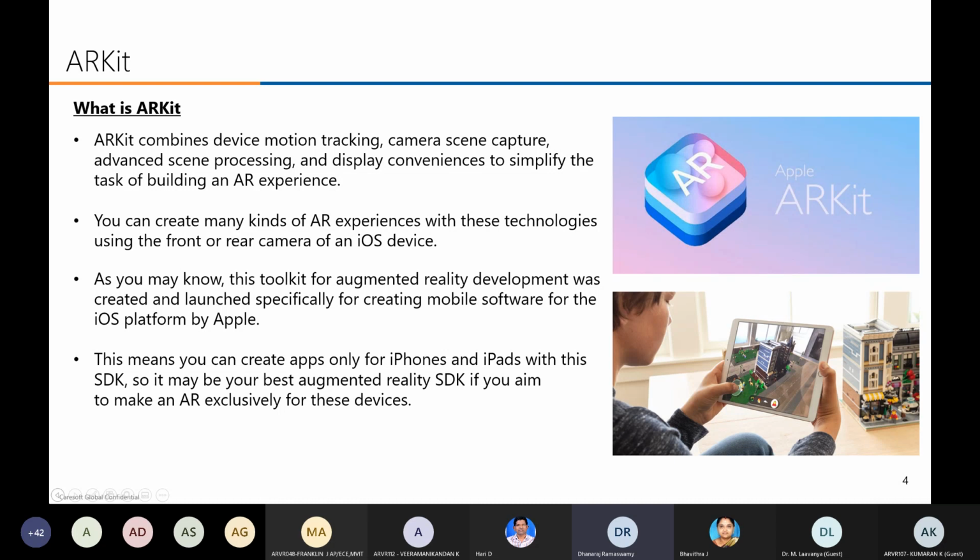If we are using any AR application for iPhone, okay. For example, suppose your application should be platform independent, as I showed yesterday, where you want to switch your platform from Android to iOS or iOS to Android. I strongly recommend AR Foundation, so you can use it for Android as well as iOS. But if you are going to use it only for iPhone, I strongly recommend ARKit. Okay, let us go to the next slide.